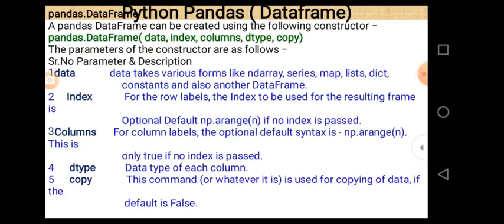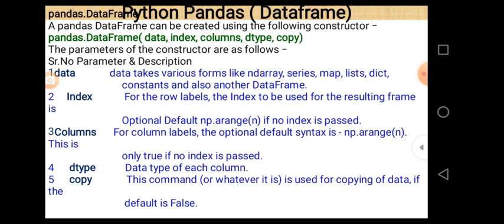Next, Python data frame. What is a data frame? A Python data frame can be created using the following constructor. And the first question in our mind is, how can we create a data frame? To create a data frame, just write the name of the library, in this case pandas, and after that the dot operator, and after that write DataFrame, in which D and F are in capital letters.